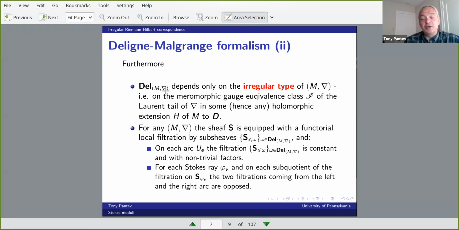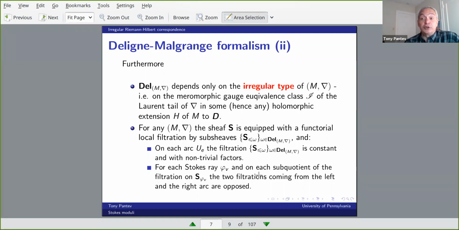So connections that are gauge equivalent give you the same sheaf like that. And once you have the connection, then if you look at the local system of solutions, it's equipped with a local filtration by subsheaves, where the filtration is labeled by this constructible sheaf of posets. And on each arc, the filtration is constant with non-trivial factors. So there is no dummy degeneracy in the filtration. And at each Stokes ray, at each point where the two arcs meet,